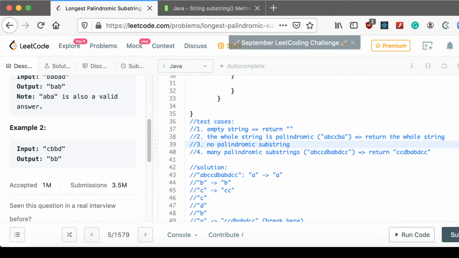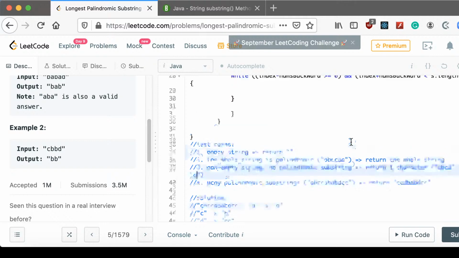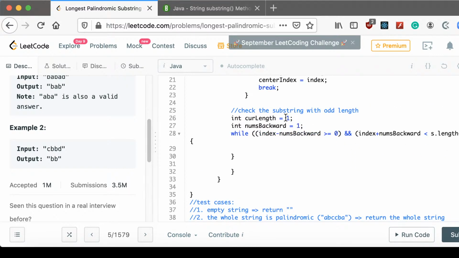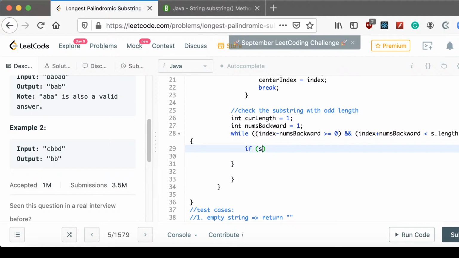So return that. But I mean, it's a non-empty string, but no palindromic substring, so it should return one character. For example, we have A, B, C, D, and then we return A. So in this test case, we have current length is 1 and max length is 1. So here if that one is equal,